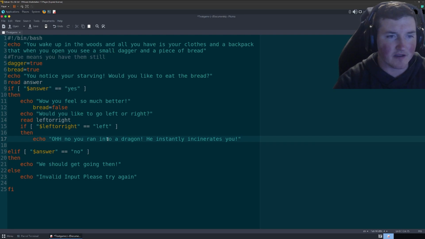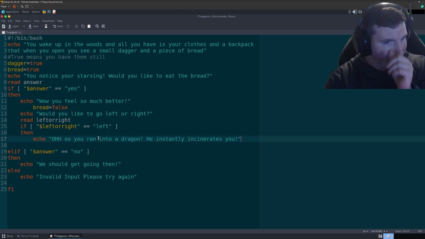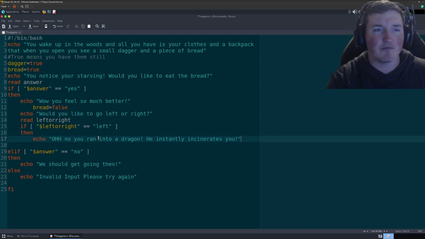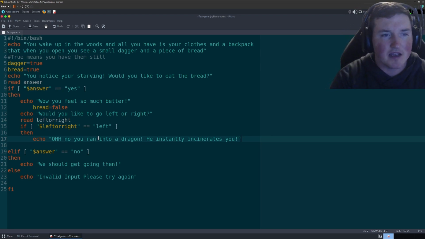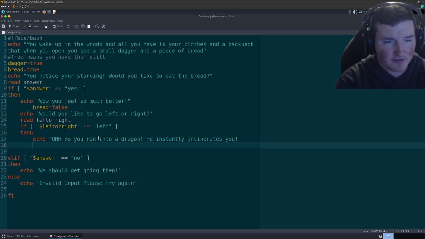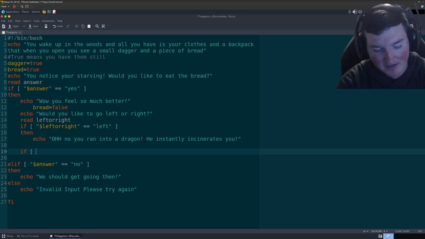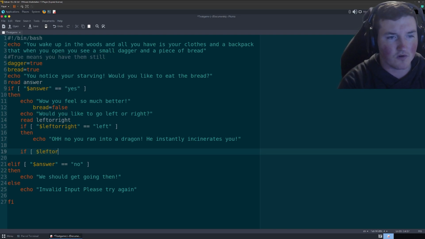Right? Okay, so if you turn left there, the game's over, you die, right? Now, it would be silly to make the game two seconds and then you die, but this could be what you do, and then you have to slowly make your way through it. So then you can say if left or right, if I can find the keys, left or right,